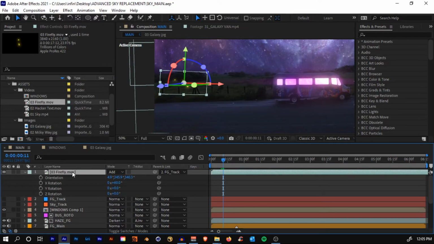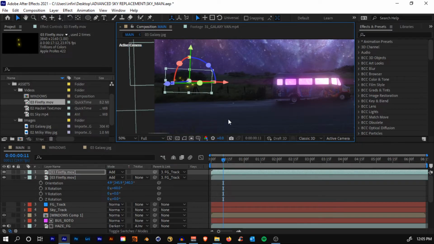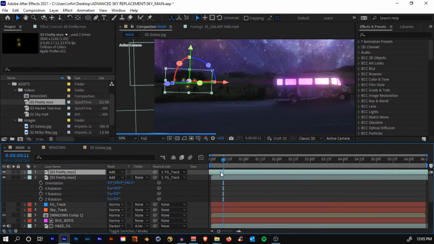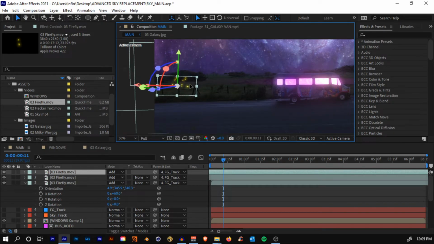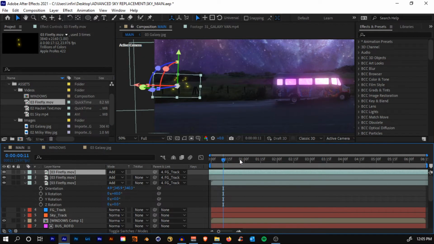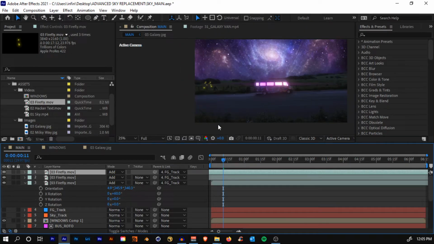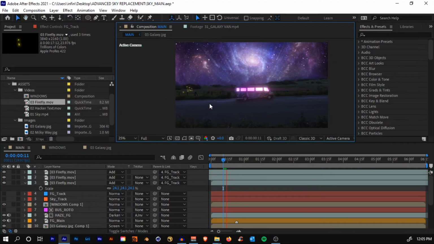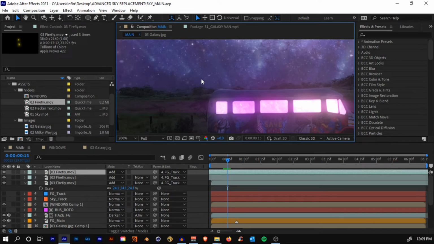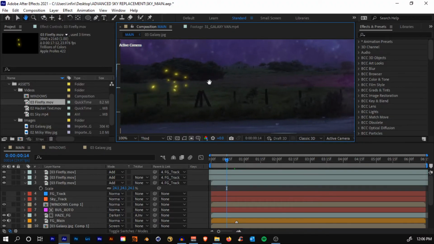What you can do is you can hit Ctrl D, duplicate it, just offset them and offset the layer to right here, and just transform, flip, just make them look random. Also scale it down if you need. You can hit Ctrl D again, just move them, increase the scale, offset it again, so that we have a bunch of them right there. And it's tracked to our scene because we have tracked it to our layer. And don't forget to save your project from time to time. You can also color correct your firefly if you want to.